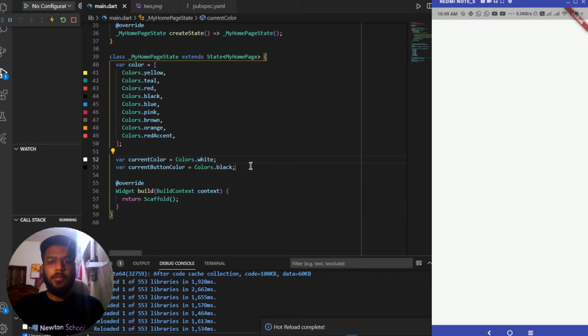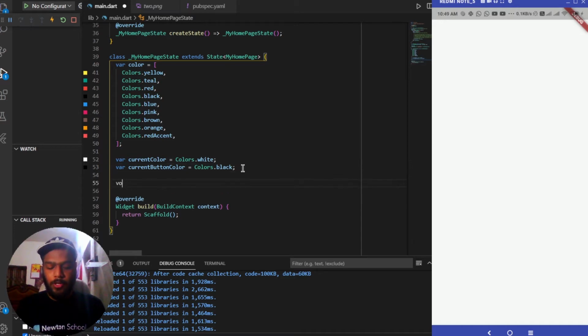Next we need to create a function which will be used for changing the values of this current color variable and the current button color variable, and updating those values to the values which are present inside this list which we have created. So I'll be naming the function as void changeBackground. Void will be the return type, as we are not returning anything, so that's why it is having void. And the name of the function will be changeBackground